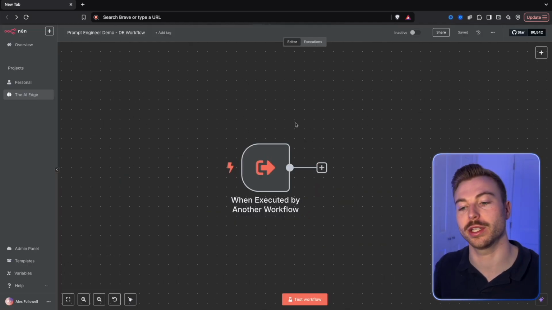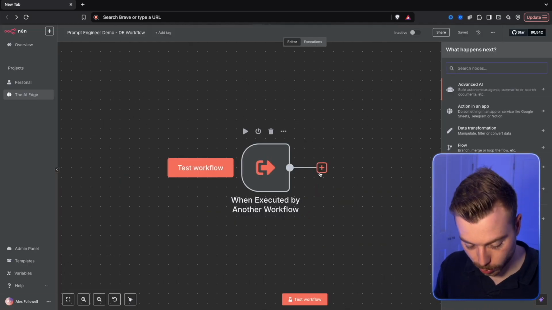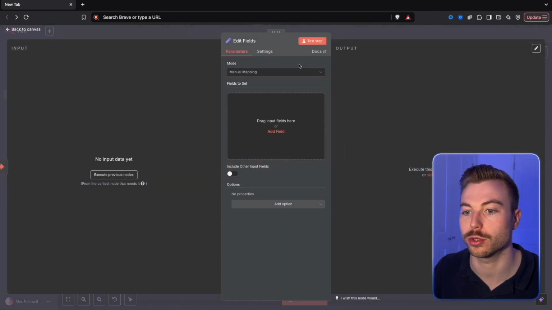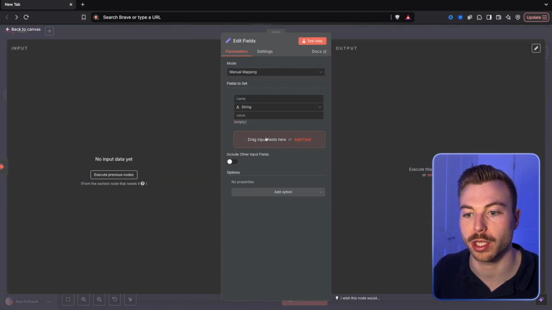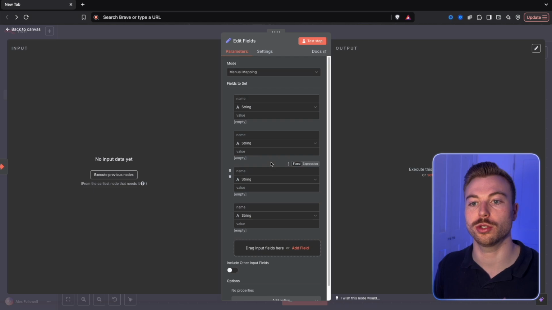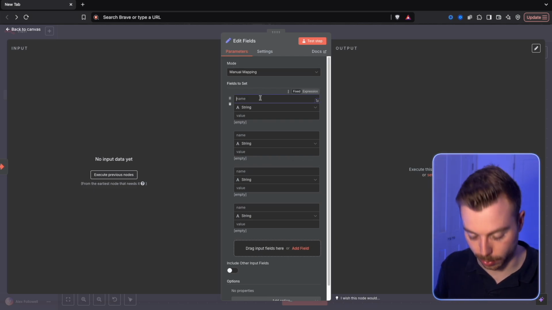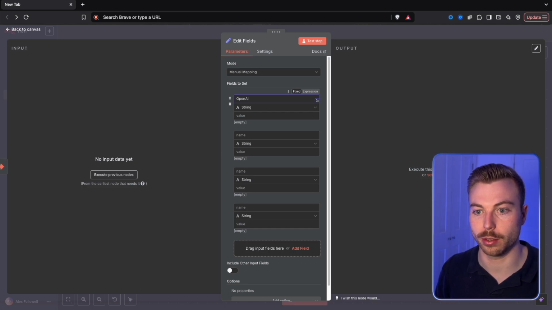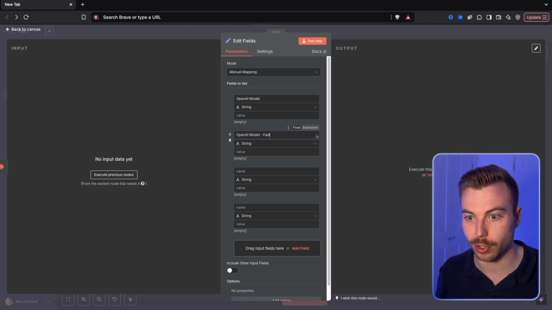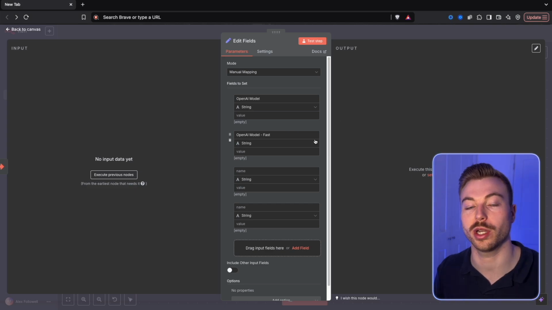So now we know it's all being passed across, and we can go through and add some more information in. First things first, we're going to do set. We're going to need to go through and manually map in some fields. In this use case, I'm just specifying what the actual AI agents are that are available. For example, we could do OpenAI model. We can copy that and we could do fast, because there's the O1 model as well as Deep 3